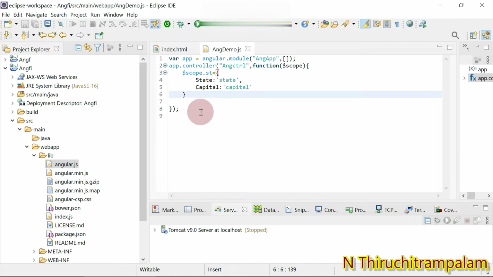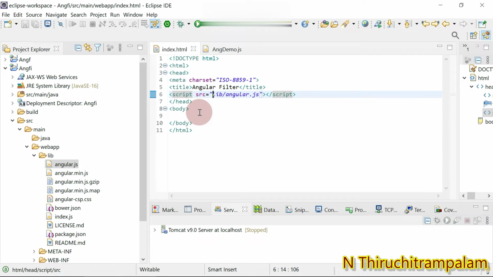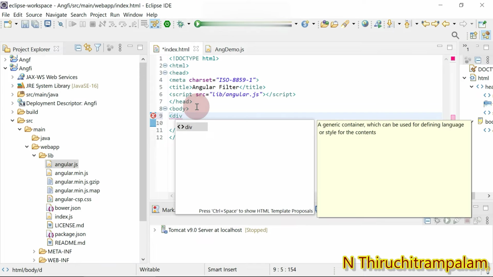Fine. Now in index.html, I create the div element.